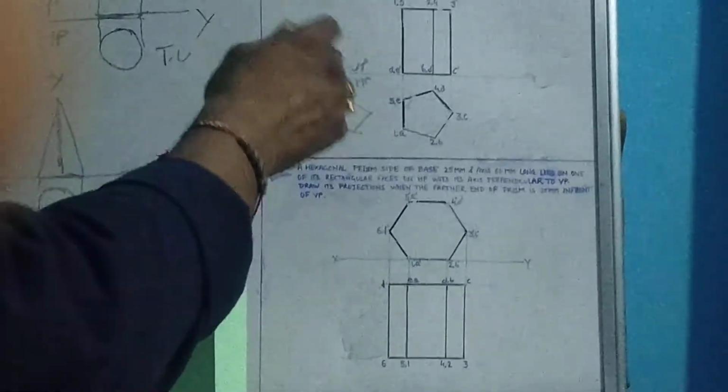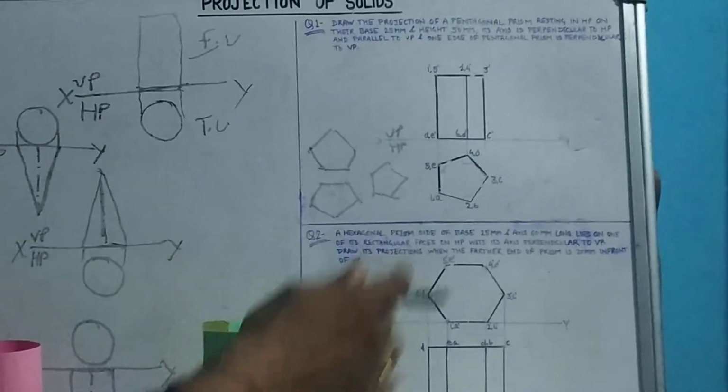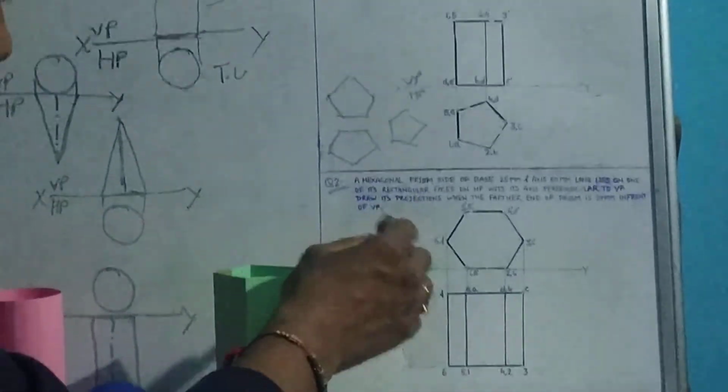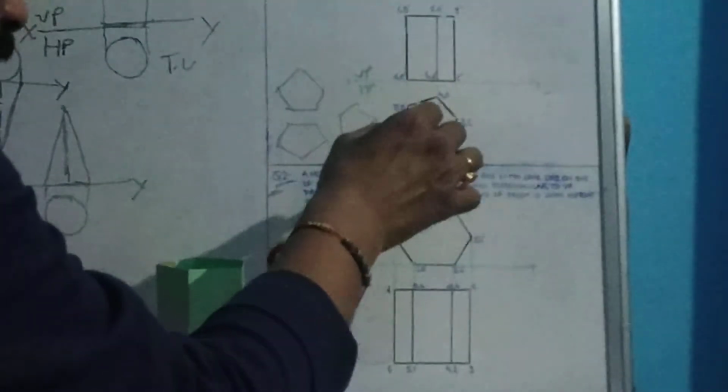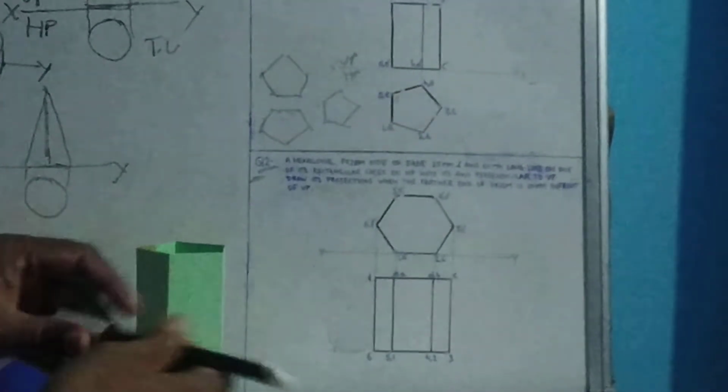So this was our first question to solve on the sheet. And what is the second question? This is the second question. And yes, one more thing, when we draw this pentagonal shape here, just see,